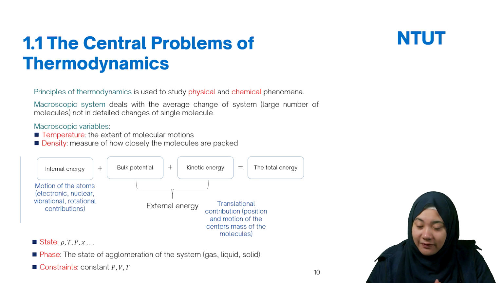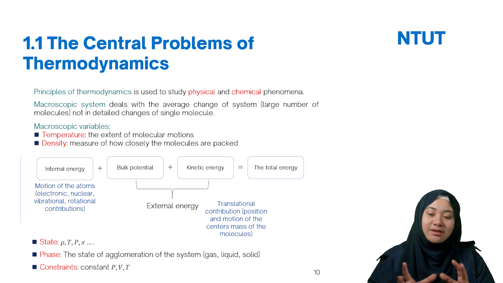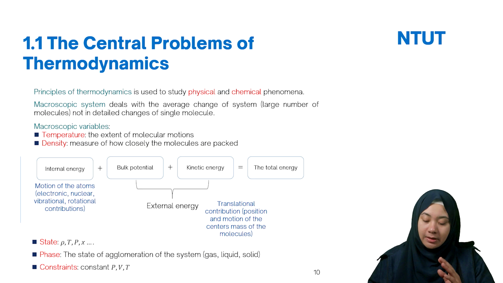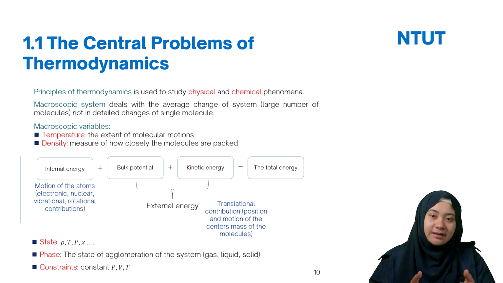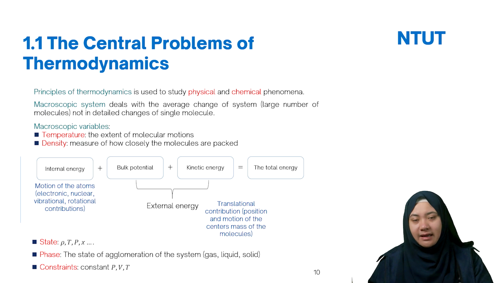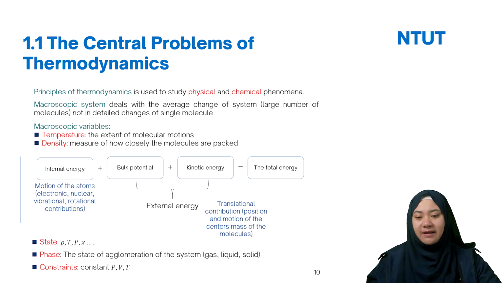Another is the state. State means conditions. The state is regarding properties like rho, which means density, the temperature, the pressure, mole fraction, and so on. Another is phase. Which kind of phase would you like to transfer? For example, here I have a liquid phase, a solid phase, and a gas phase. These three phases are different, and even the properties are not similar.